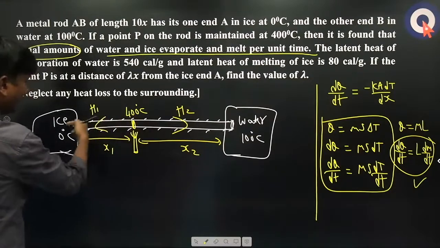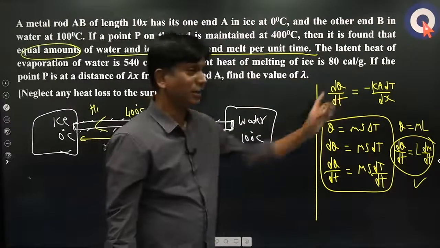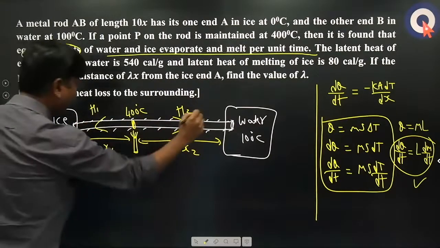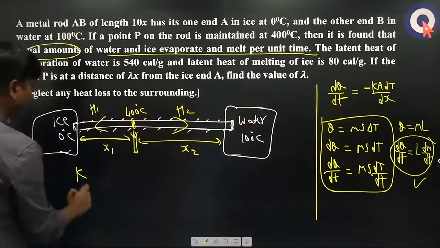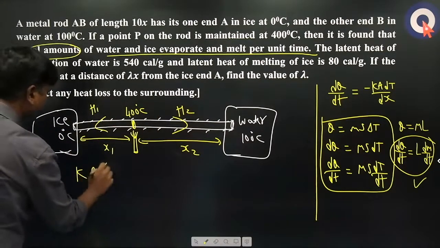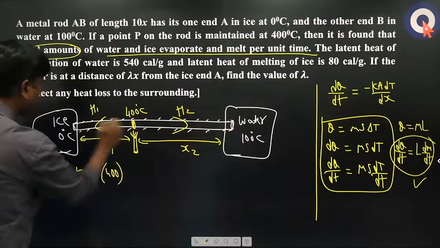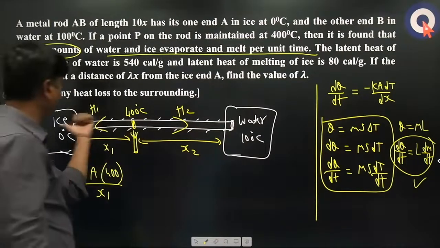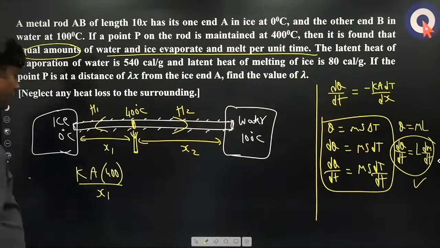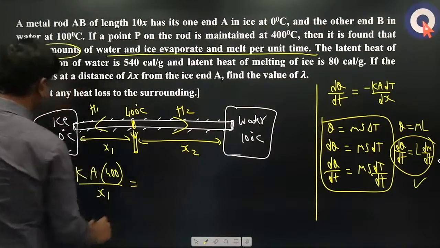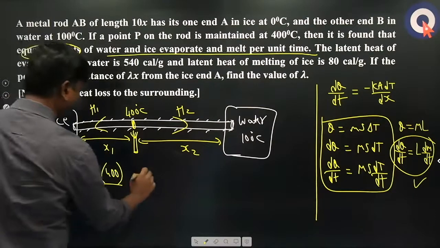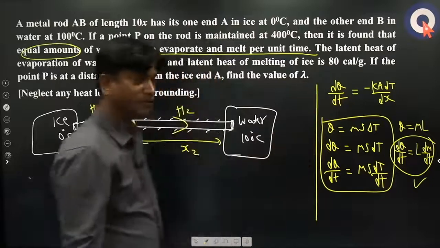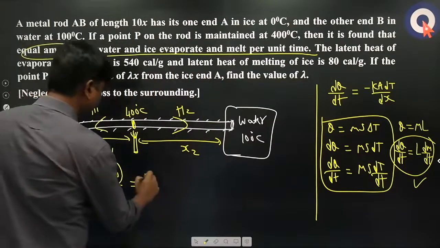Now, whatever the rate at which heat is transferred, you write this equation. K, same rod, same area of cross section, except the lengths are different. K into A into temperature difference 400 minus 0 by length is equal to dq by dt in this direction, which is H1. That is equal to L into, where L is the latent heat of fusion of ice. How much is given? Latent heat of melting 80. So you can put 80 here